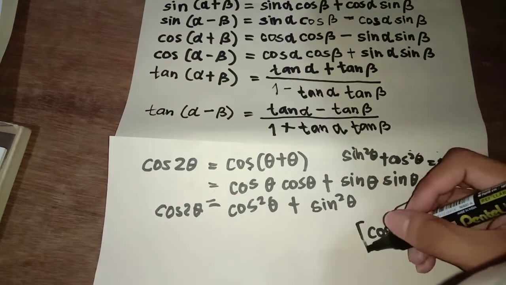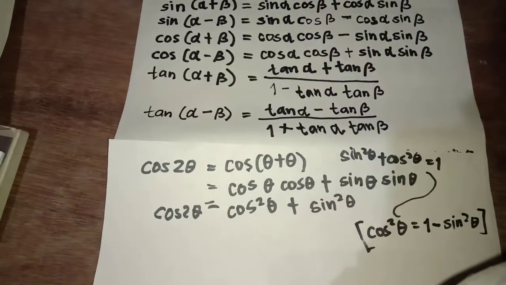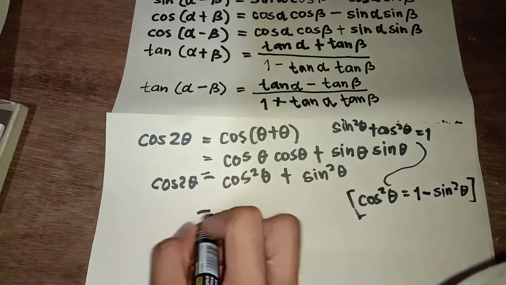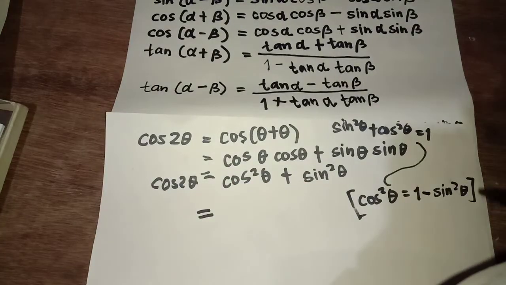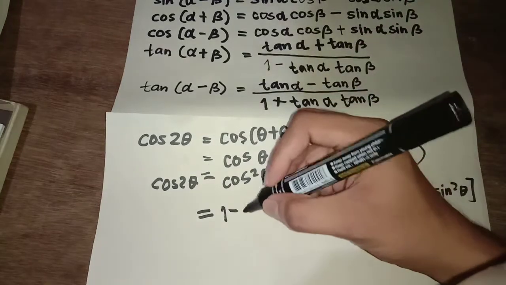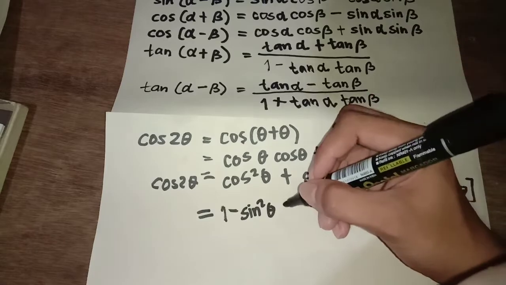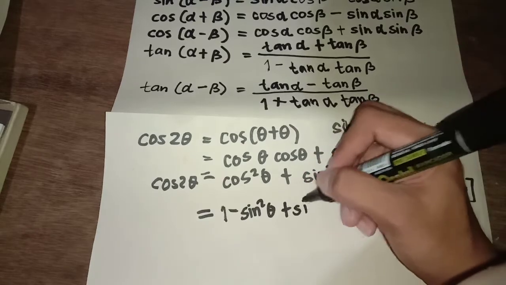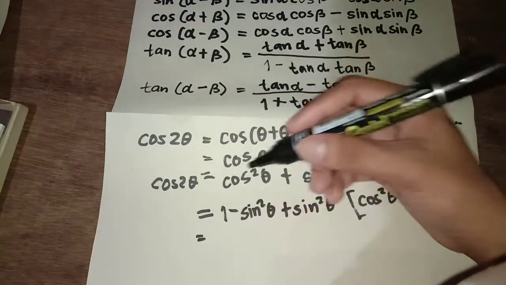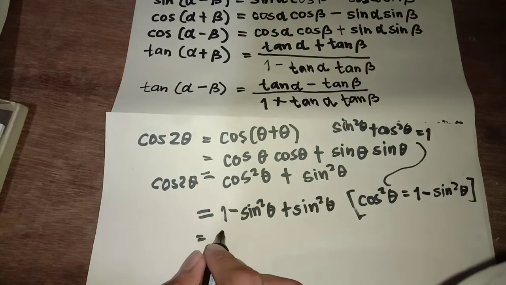So if I substitute this one to this, that is 1 minus sine squared theta plus also the sine squared theta. So cosine 2 theta is also equal to 1